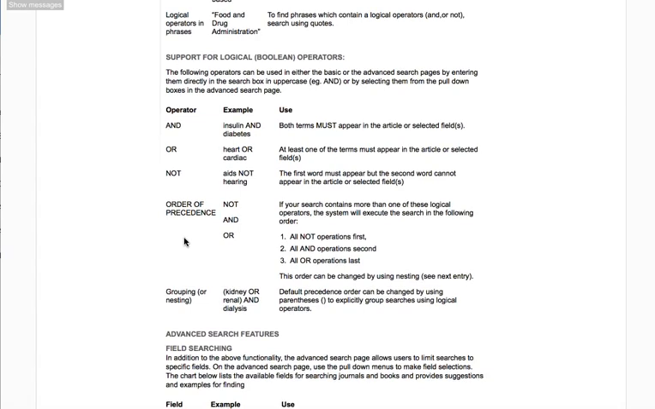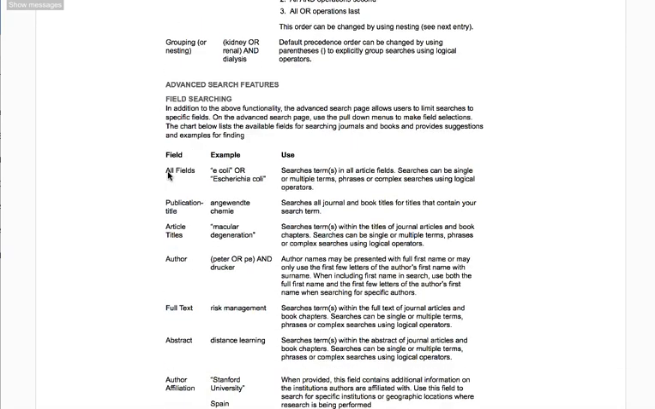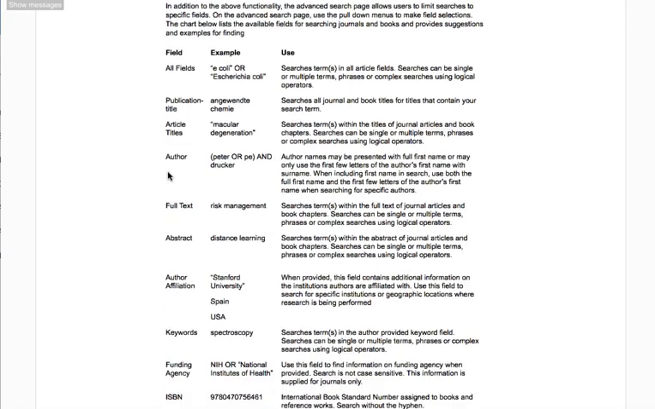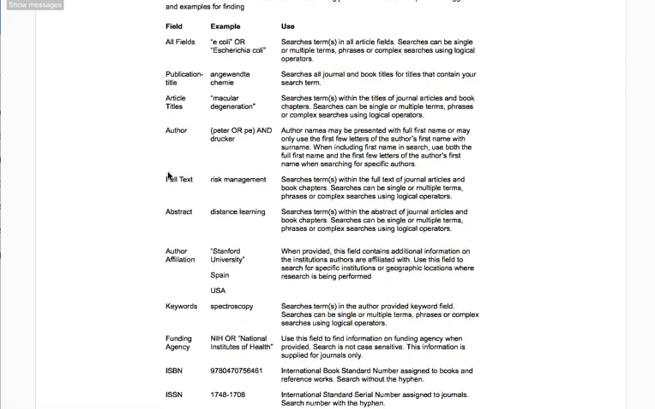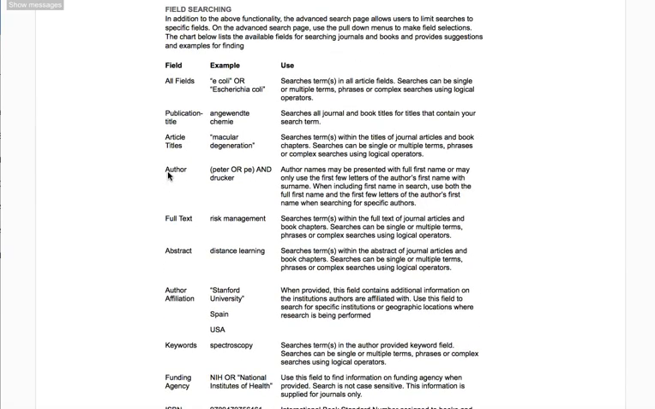For the next section of the search help page, we have some information on Boolean operators. That's also very important for people to know about. And then as we keep scrolling down, we get to learn about the different fields that the Wiley lets us